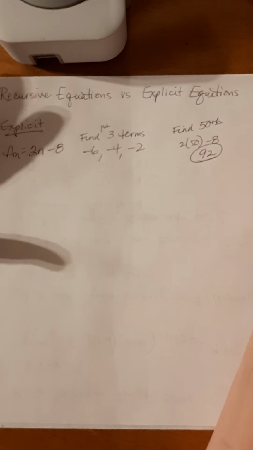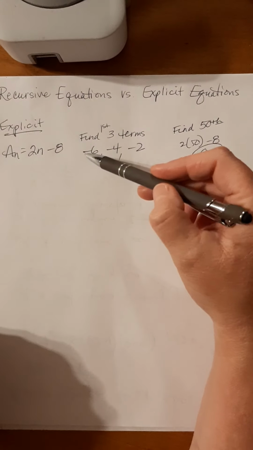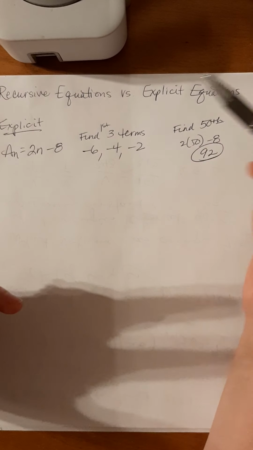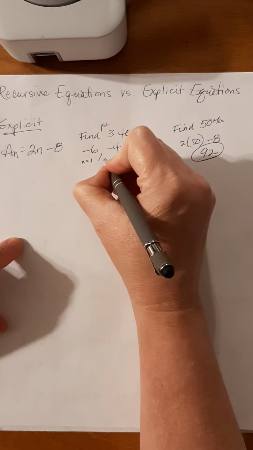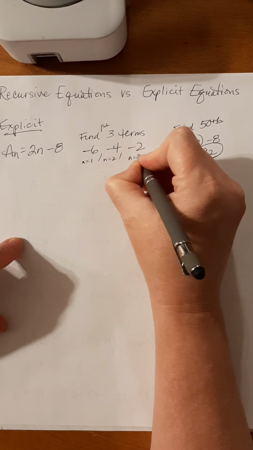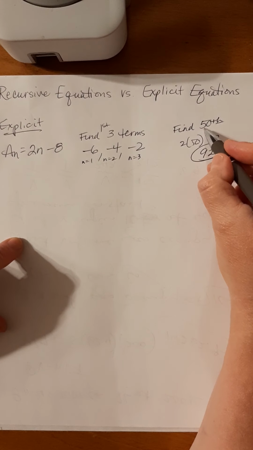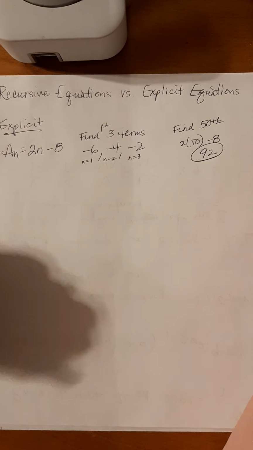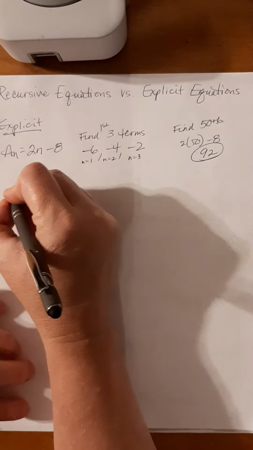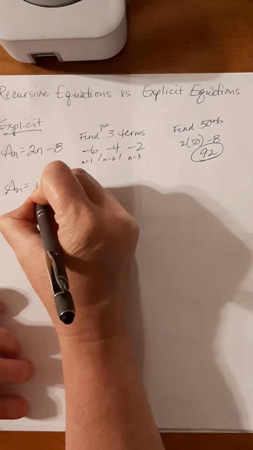92. So explicit is very good about how if you want a particular term or even a few terms, you just plug in, like in this case, n is 1, 2, 3, and this one we wanted to find 50, so n is 50. And explicit also makes it nice if you have like a weirder equation, like let's say